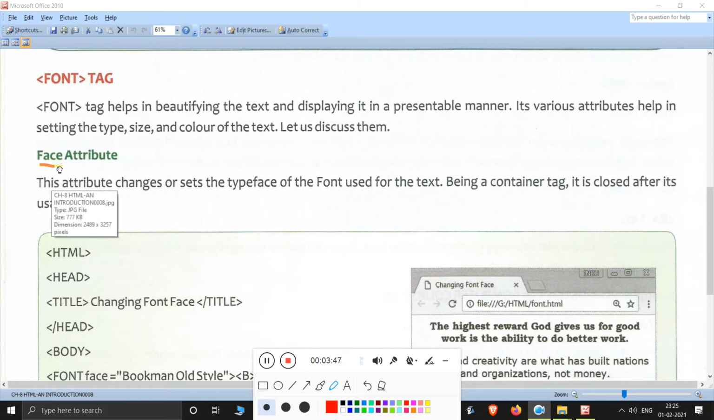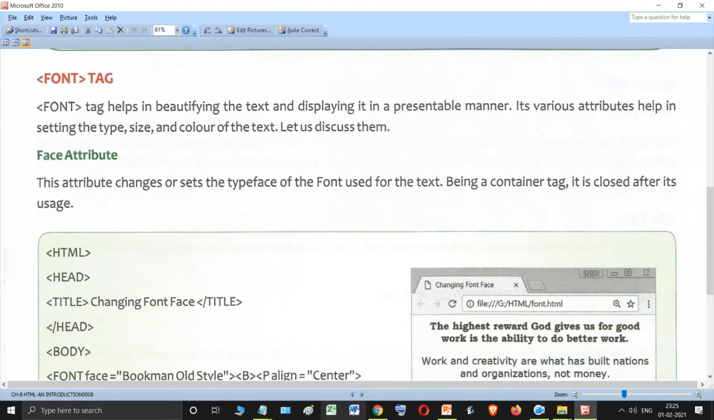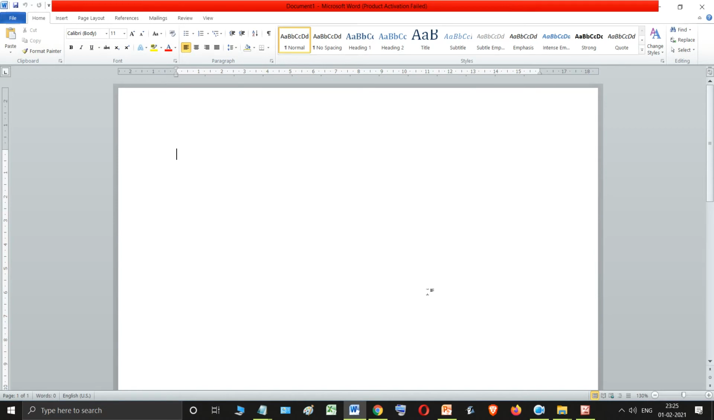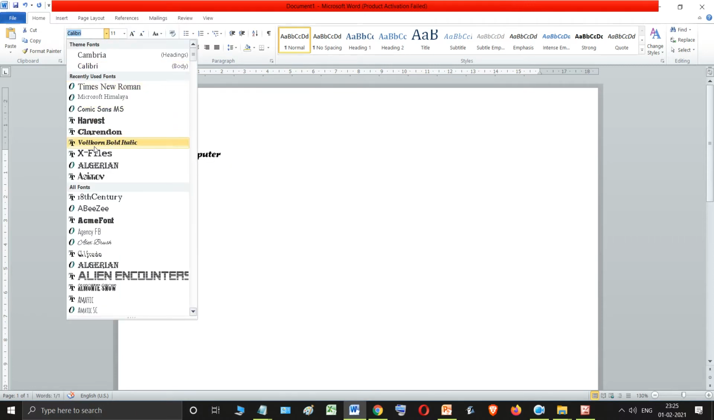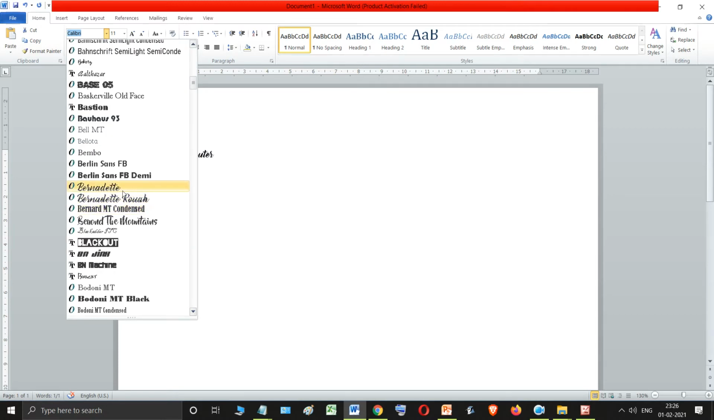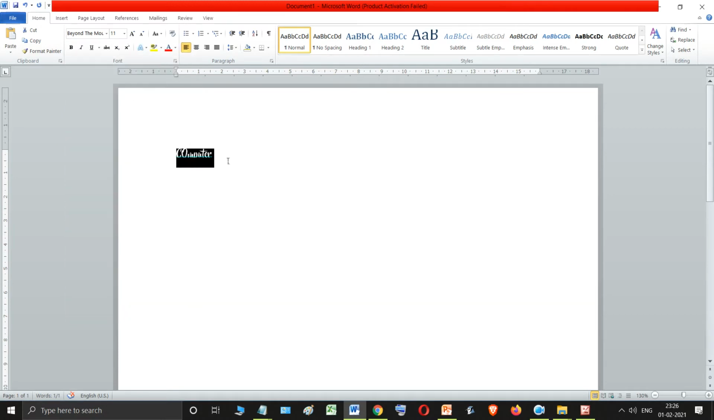This face attribute changes or sets the type of the font. Like we were choosing over here in Microsoft Word, we were choosing the type of font, which style of the font you want to use. These are the values: this is Cambria, this is Calibri, this is Times New Roman, this font style is Microsoft Himalaya, this is Comic Sans MS and so on. There are so many styles of font that you can use in Microsoft Word. The same you can use in your